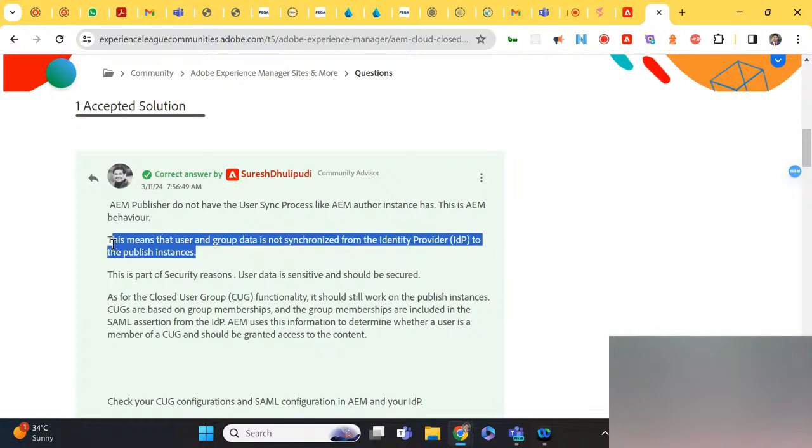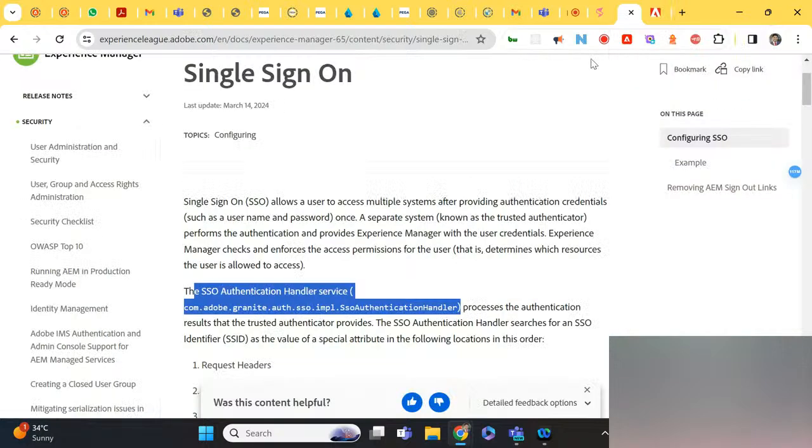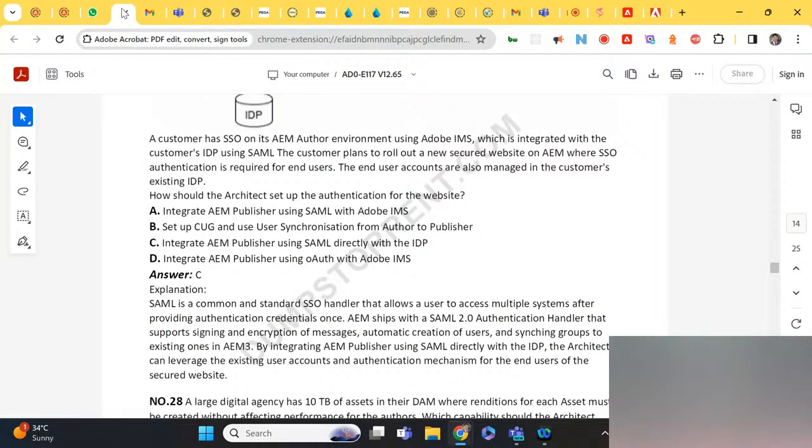What we saw yesterday is that CUG users, once created, will sync to the author instance, or rather to the author and the author IDP provider. But for publish, for security reasons, it is not there. We were not aware of this. This is a new learning. So just remember, for publish, for security reasons, we do not have a user sync mechanism from the IDP directly to the publish. Only from author it has to go through.